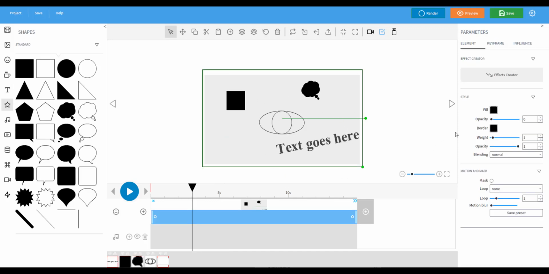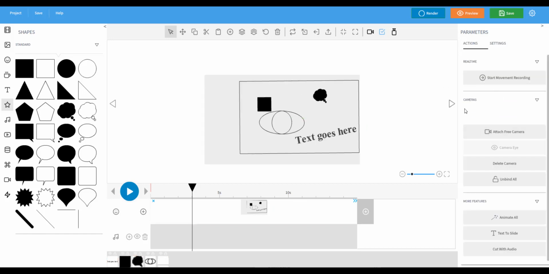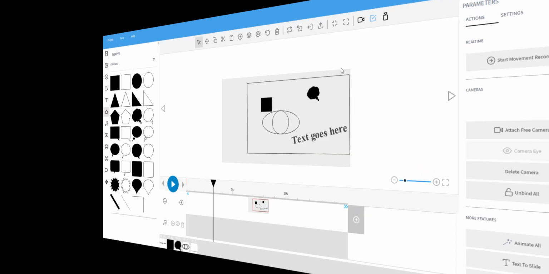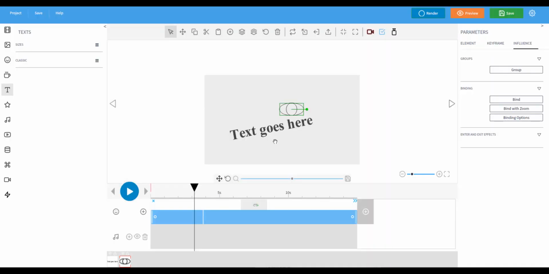This square will really be the free camera, that is not bound to the eye, it is only free. Animation, yes,